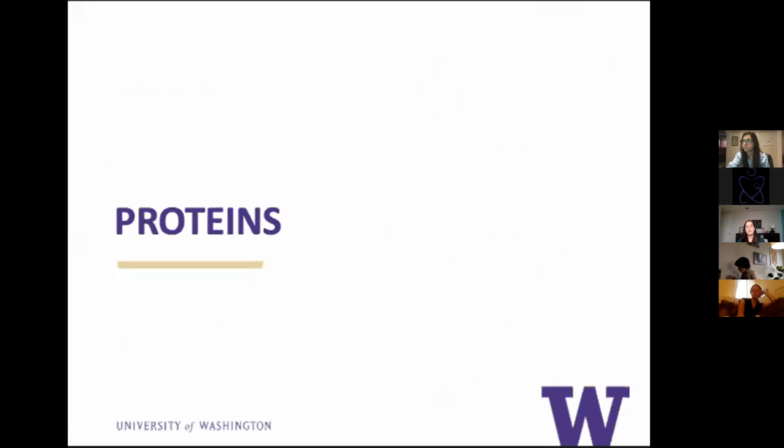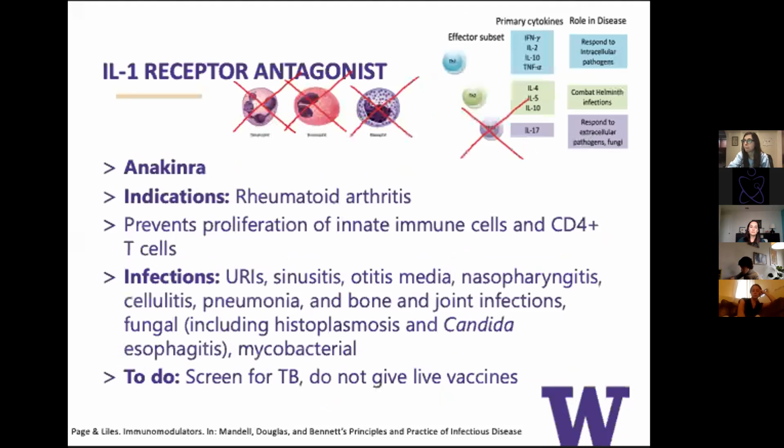So we're focusing a lot on interleukins. I want to move on to this final category of immunomodulators, naturally occurring proteins. We're going to talk about an IL-1 receptor antagonist called anakinra. It's used for patients with rheumatoid arthritis, and it's a recombinant protein that binds the IL-1 receptor, and it competitively inhibits the IL-1 pro-inflammatory cascade, which